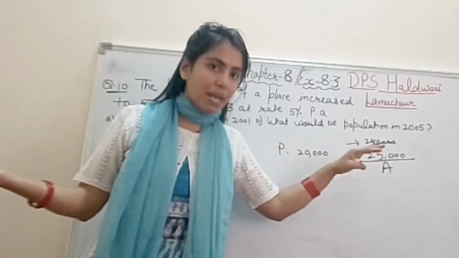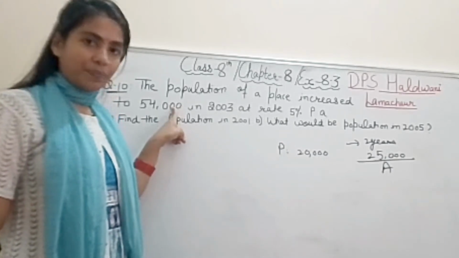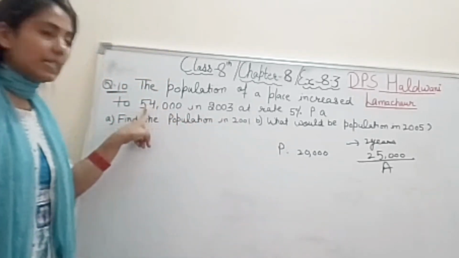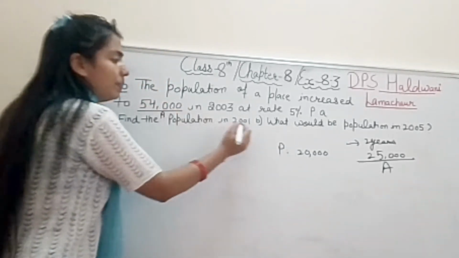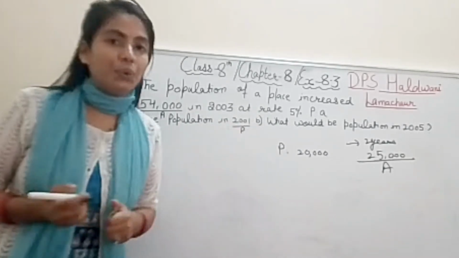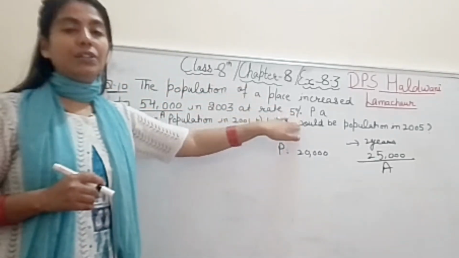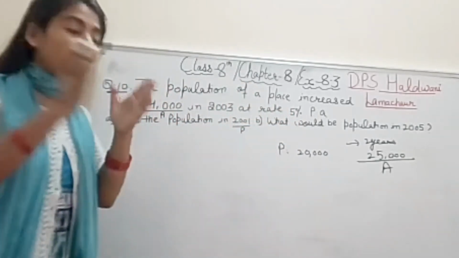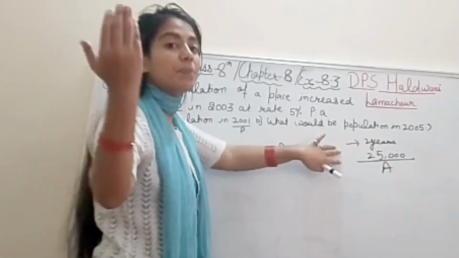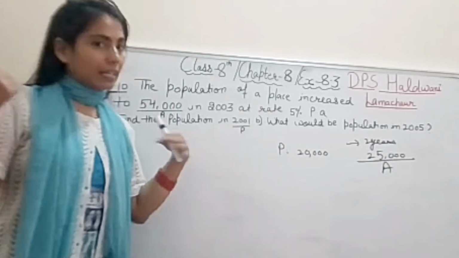Yes or no? So in the same manner, the population in 2003 was this much, right? And what will be in 2001? So student, it means this is the amount and 2001 will be the principal, and what the population was in 2001, that we don't know. It means the principal we don't know. In 2003, at this much rate of increase, the total population is given to you. It means total money I have paid, that I know, and how much money I borrowed, that I don't know.